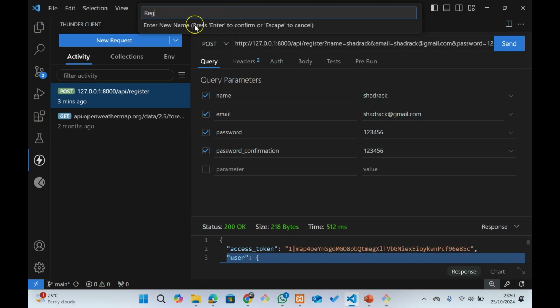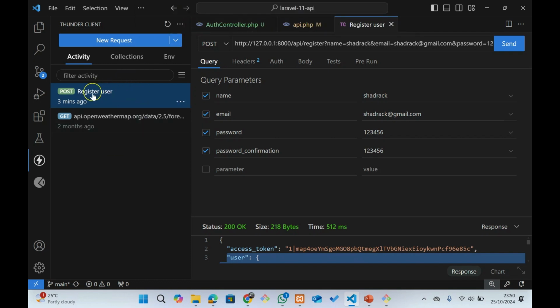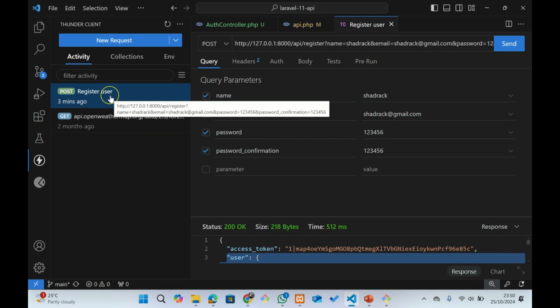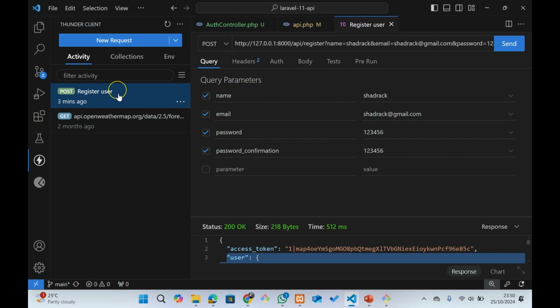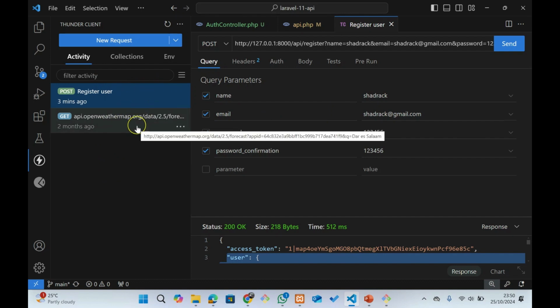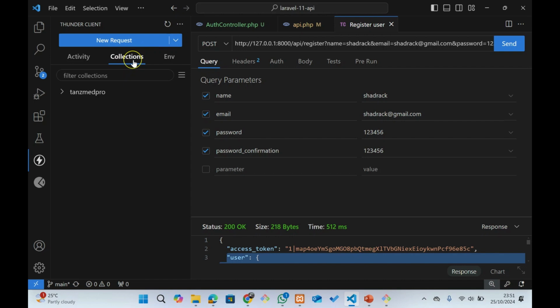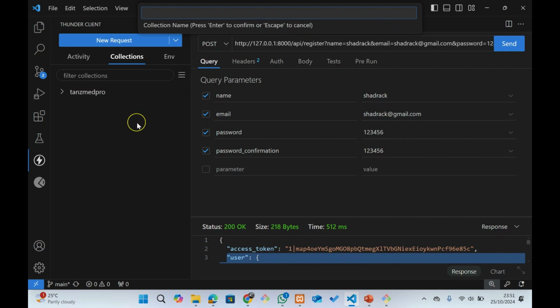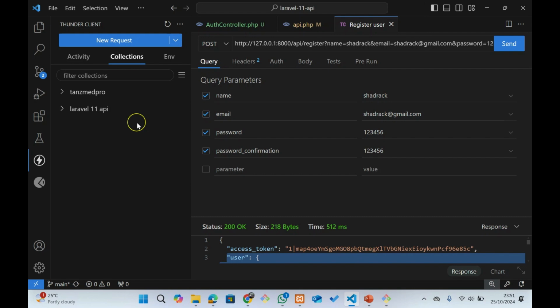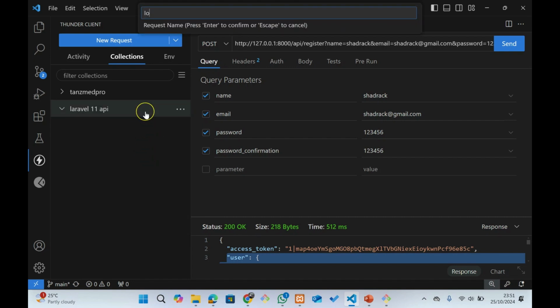So I can just say this is for the register user. But this one is for weather and this one is for, let's say, our Laravel 11 API tutorial. So we need to organize this in a different way. To do that is where the collections come in. So here we are going to create a new collection, and I'm going to call it Laravel 11 API. And inside it I'm going to create a new request, which I'm going to call